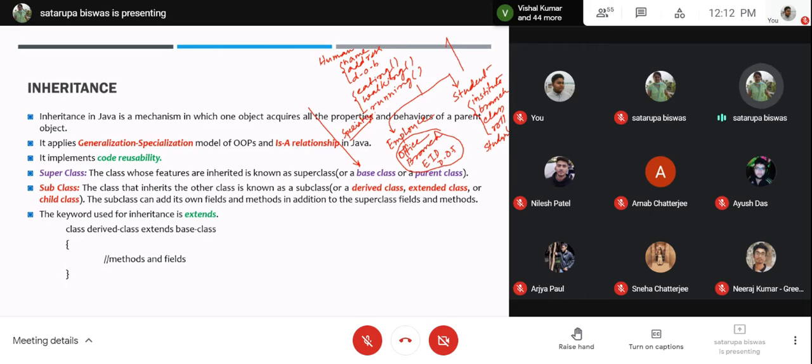But when you go upward, that is actually generalization. How is it a generalization? Because the employees and the students have common properties. If you take the employees, they have name, address, date of birth, as well as office, branch, EID, date of joining. Whereas for the student, the properties will be name, address, date of birth, along with institute name, branch, class, roll number, etc.